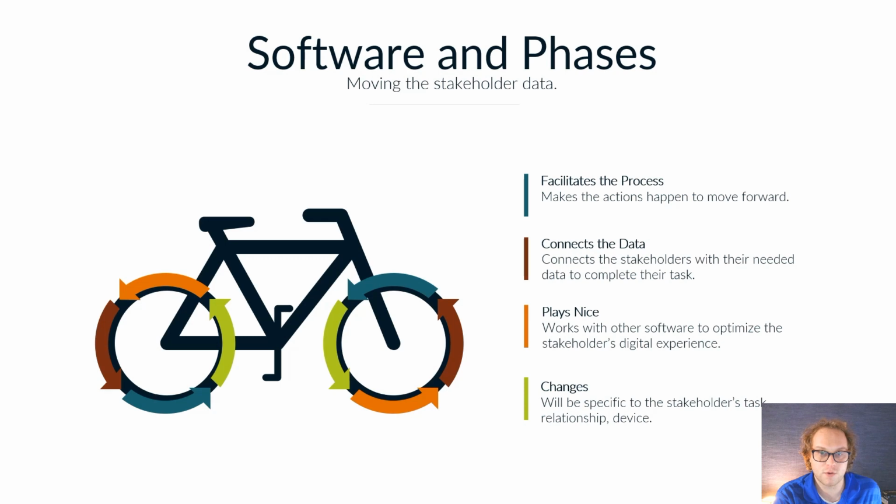If we need to make changes in the organization, so if we need to change out a process to make a task more efficient, how does the software work with that, or how does it maybe inhibit that? At times there can be bottlenecks where if we have to go back and re-enter data, then that can cause problems. So as we're working through processes or as we're making changes in the experience, we want to be aware of how the software is tied into those changes and how it impacts users' abilities in facilitating those processes. So that's a little bit on the software and how it connects with our phases and our layers and all of the different processes that we're talking about.